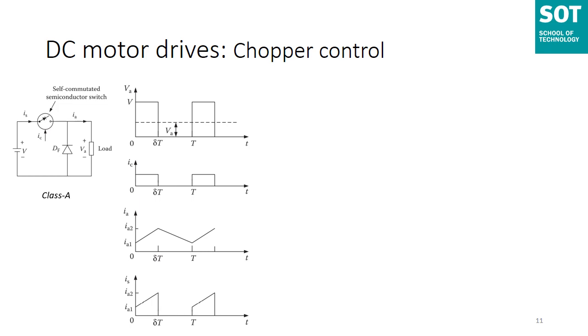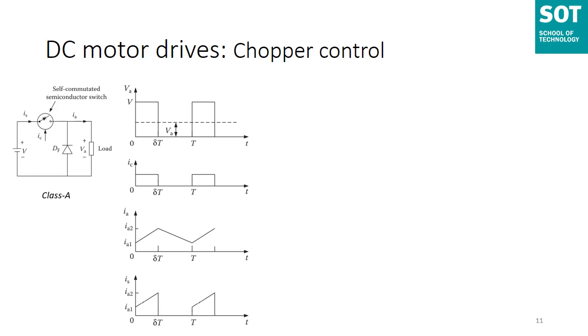The diode shows the direction in which the device can carry current, and a diode DF is connected in parallel with the load. The self-commutated semiconductor switch is operated periodically over a period capital T and remains closed for a time T on, which is equal to delta times T. As you can see from the graphs, in the x-axis you have delta T. This delta, of course, you have correctly pointed out, will be greater than 0 and less than 1. And hence this delta is nothing but the duty ratio or duty cycle of the chopper.